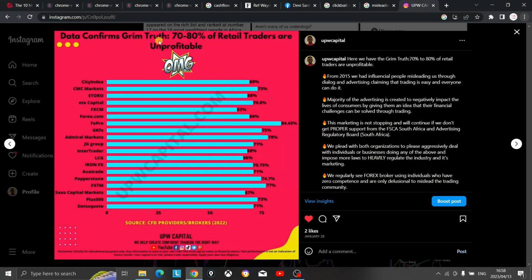Data confirms a grim truth. 70 to 80% of retail traders are unprofitable. Now, if you look at the brokers here, their names, FX Pro, 84.43% of people are losing on their platform, right? And we have other brokers here, for example, INFX. They say about 70.75% of people lose in Forex trading. Now, what confuses me is how can the majority of people be losing in Forex trading and it's easy and everyone can do it? So that information has left me baffled for many years until you get this research and